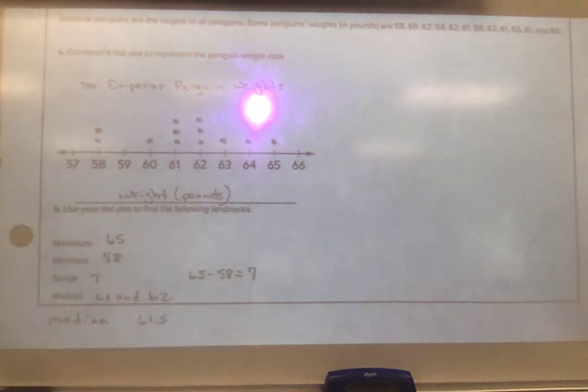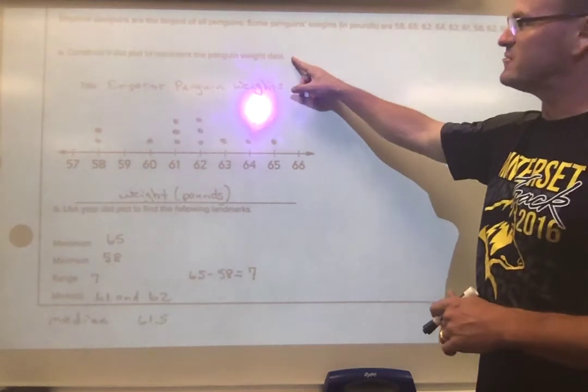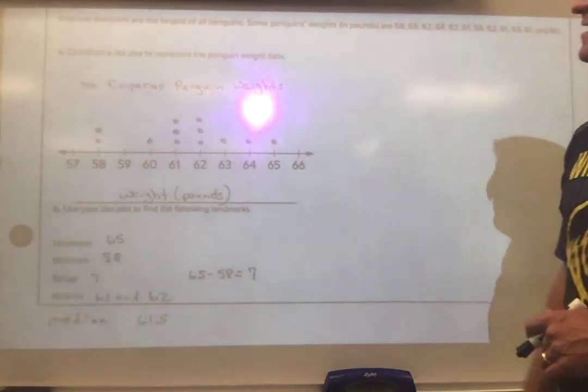Going to get started with the 1-2 exit slip here. We're going to be dealing with emperor penguins in this case. We're going to be looking at this data and we're going to look at their weights. And we have a list of a bunch of different penguin weights up here at the top. And our goal is to construct a dot plot to represent the penguin weight data so we can kind of